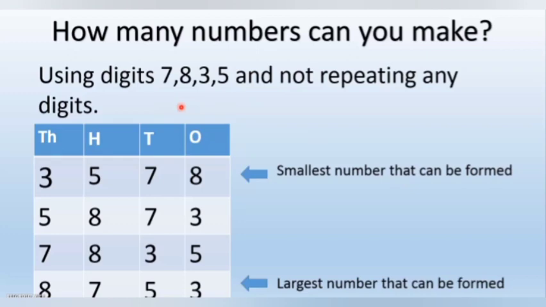Okay. The same way we can make the largest number. How are we going to make the largest number? Keeping the largest digit in the highest place value, that is 1000. So here which one is the largest digit? 8. Keeping it in the greatest place, that is thousands place, 8, then 7, then 5, and then 3. See, it is arranged in decreasing order. This is our largest number which is possible.